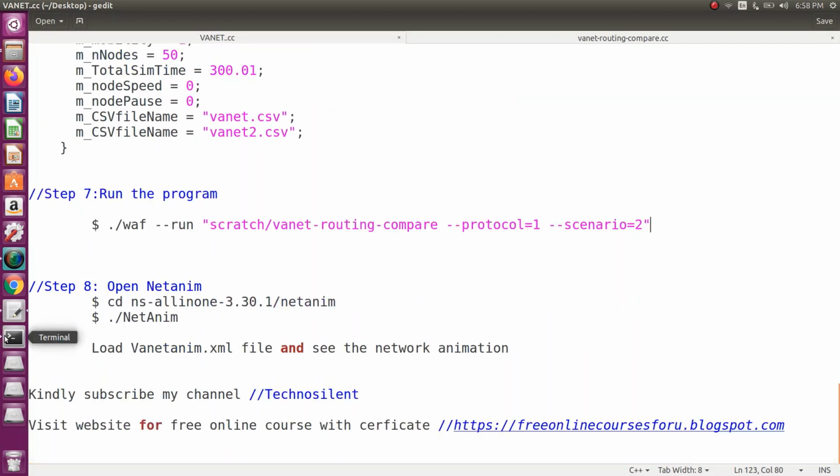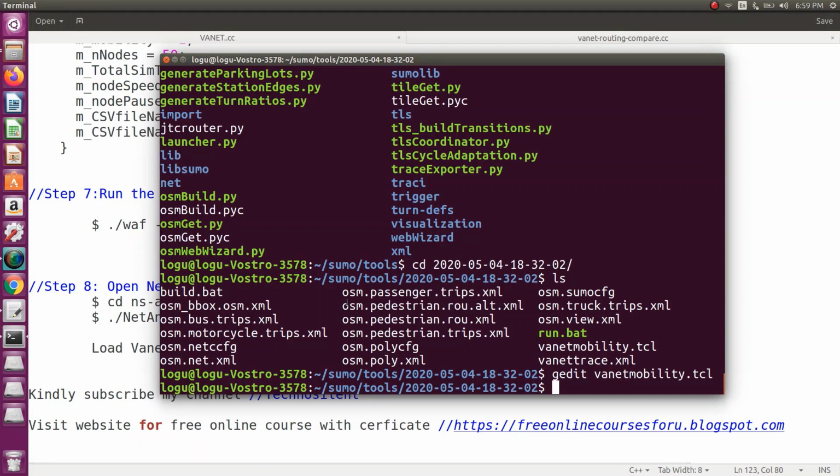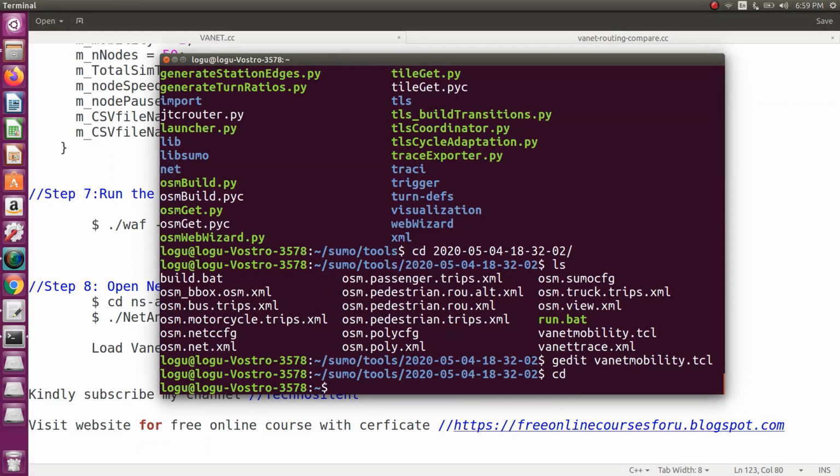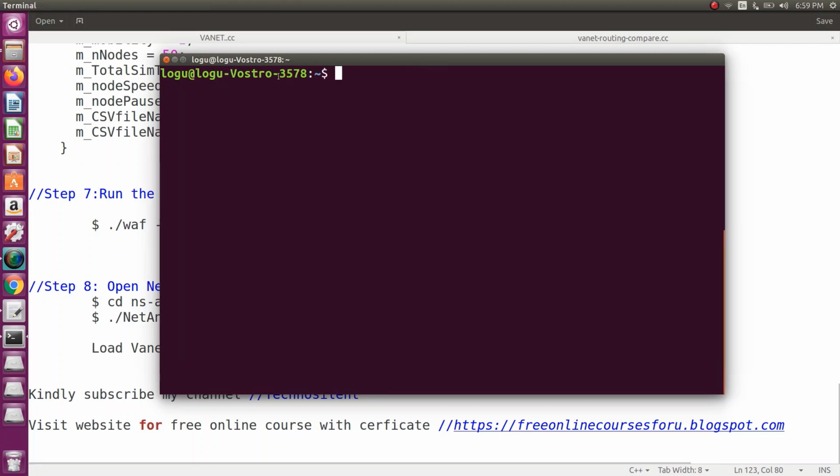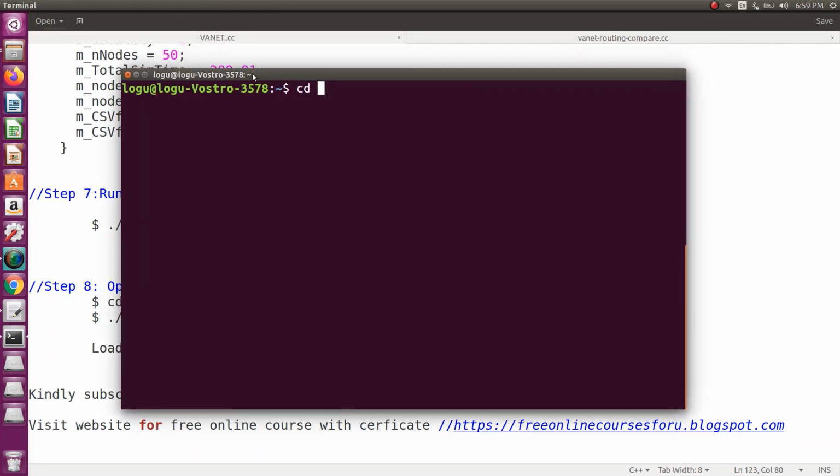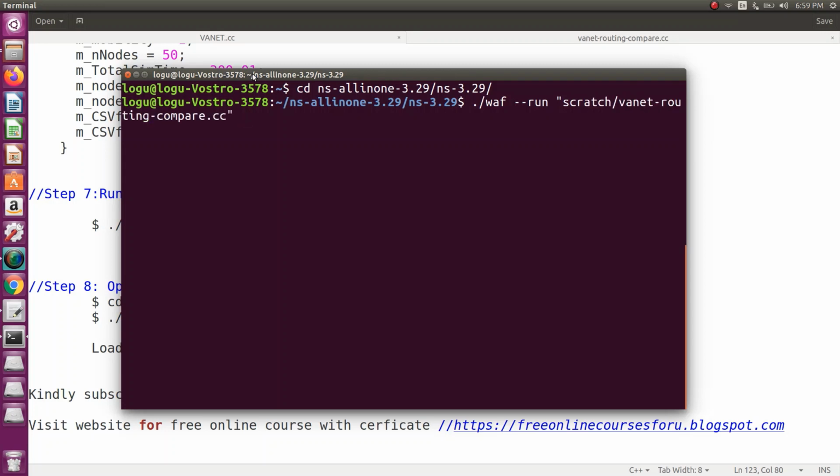Just open the terminal. Clear. Go to cd ns, then ./waf --run, open double quote scratch/vanet.cc, and delete that extension. First we are going to run the scenario with the default protocol AODV.